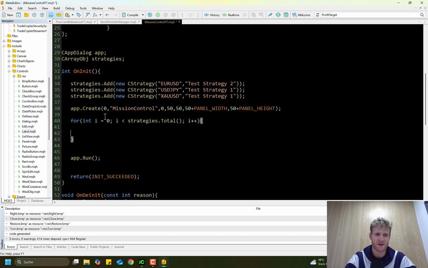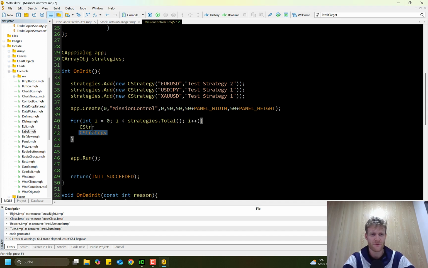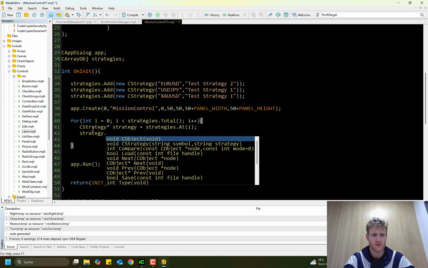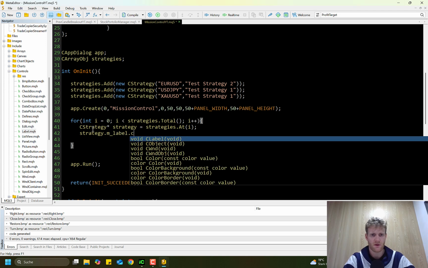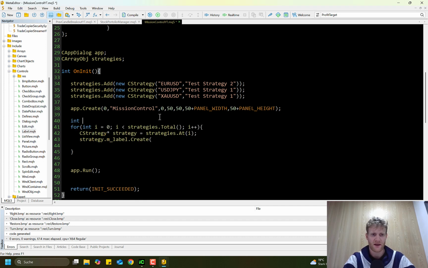Now we want to create the labels and add them to the app. So what we're going to do is we say, yeah, let's get the strategy. CStrategy strategy is equal strategies add i, and then we say strategy label create. Want to create this label, and here we want to say we start at, yeah, now we need some variables. x1